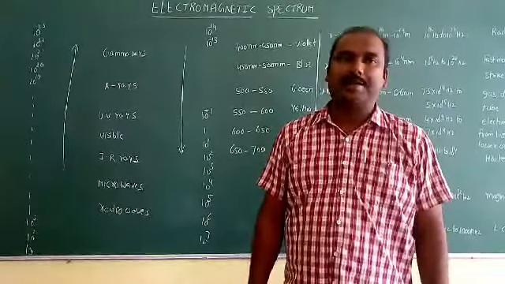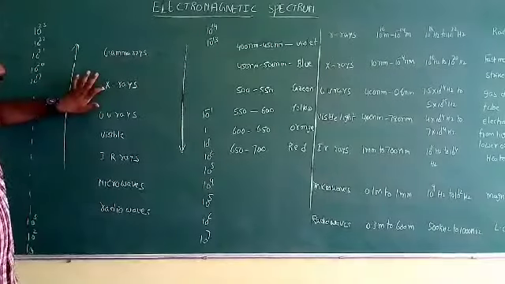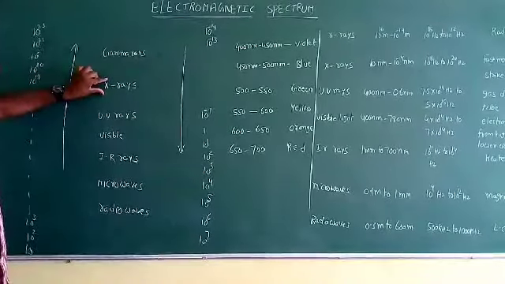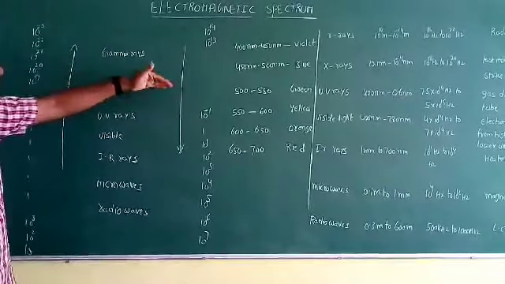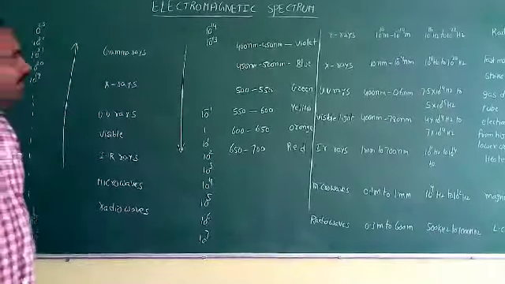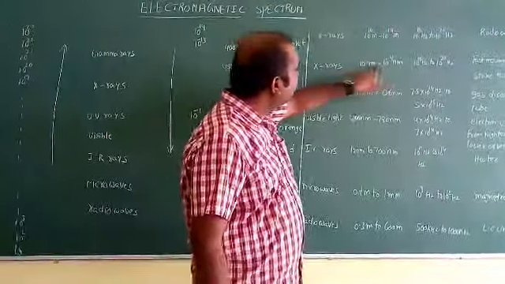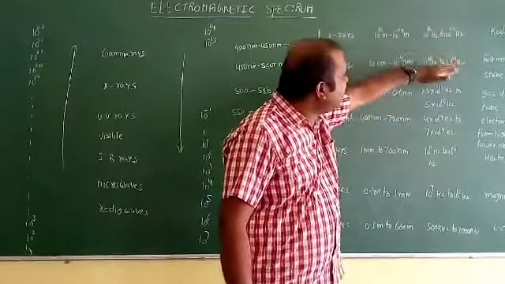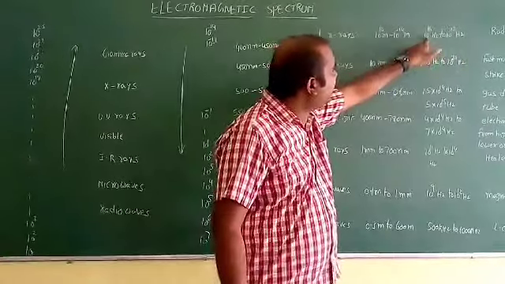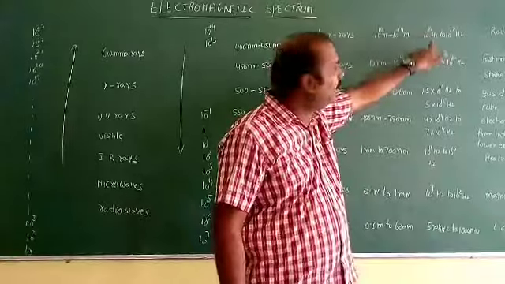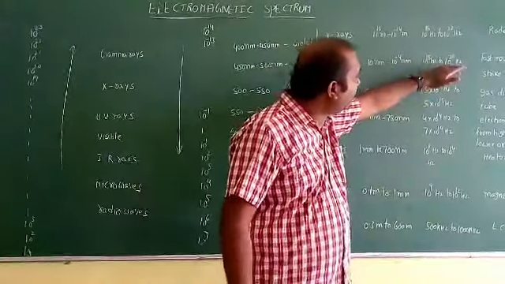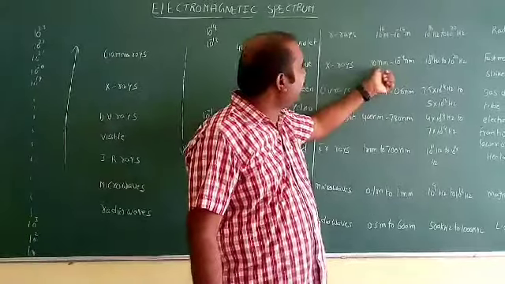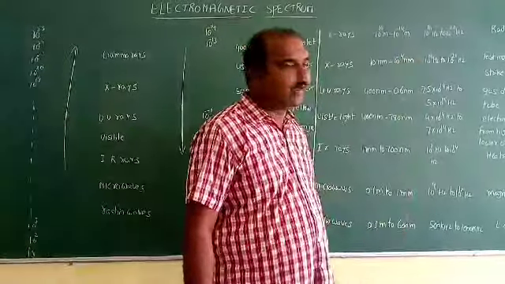After the gamma rays, next immediately comes the X-rays. When compared to gamma rays, the X-ray frequency is less, and the wavelength is somewhat greater than gamma rays. Now see here, the X-ray frequency is 10^18 to 10^20, because it is slightly less than gamma rays, where it is 10^18 to 10^22. Its wavelength range is 10 nanometers to 10^-4 nanometers.